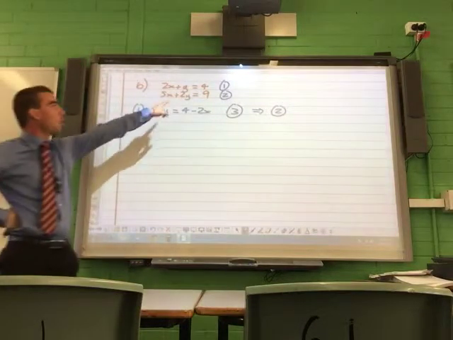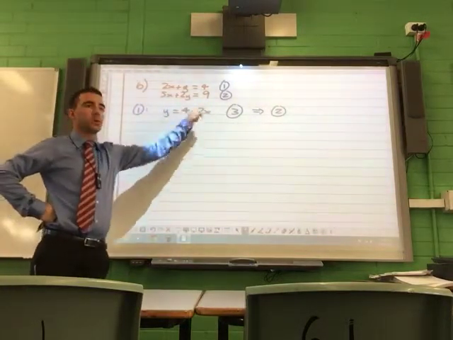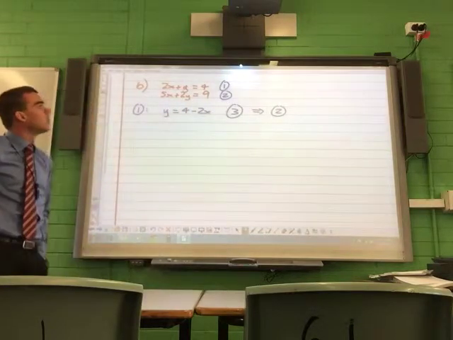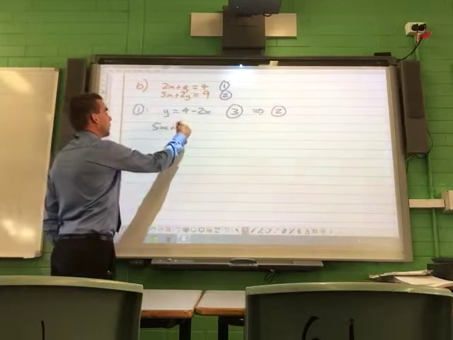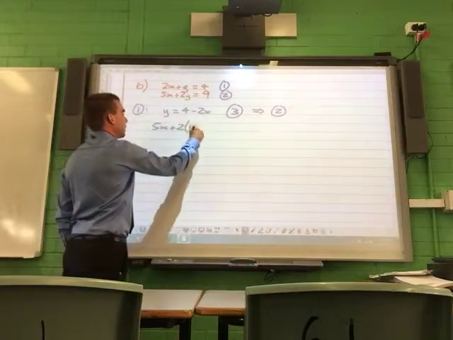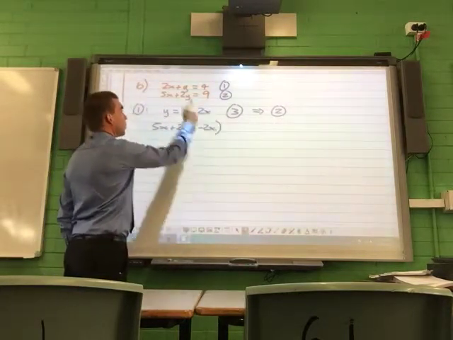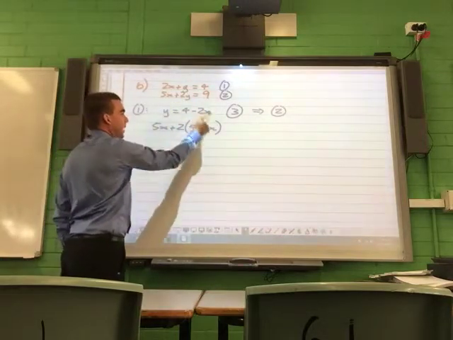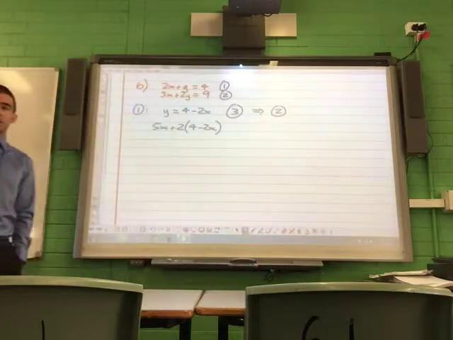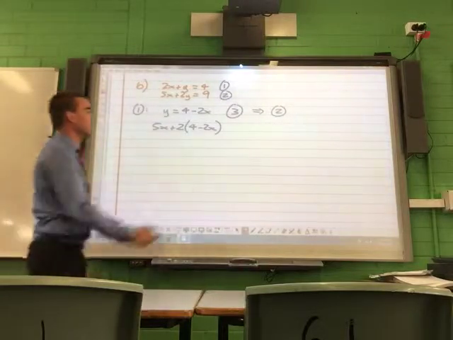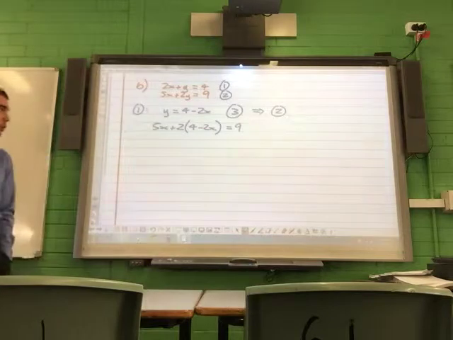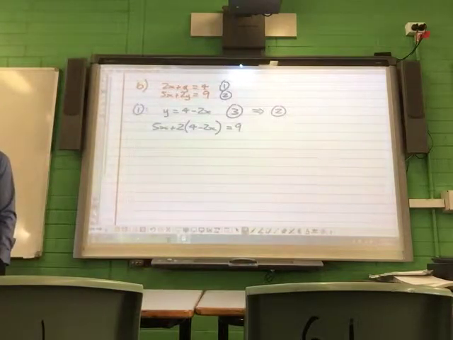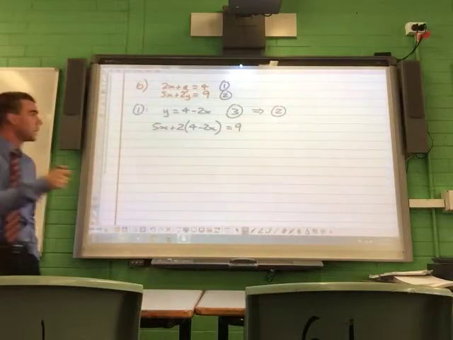Alright, so every time there's a y, I'm going to replace it with the expression of what y equals on the right hand side. So 5x plus 2, need brackets, so 2y, so I'm replacing y with that value in brackets like that, and finish off all the variables and constants in that original equation. Right, so you should now be expanding